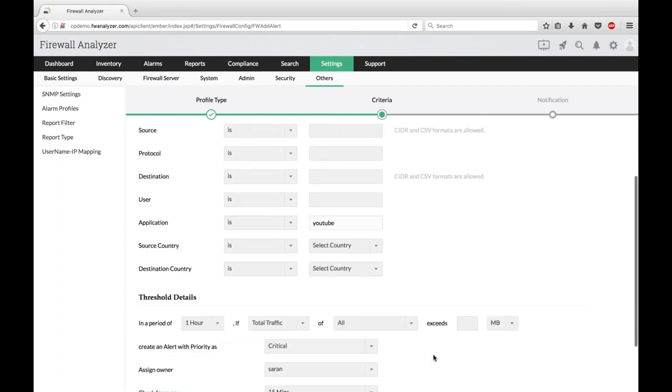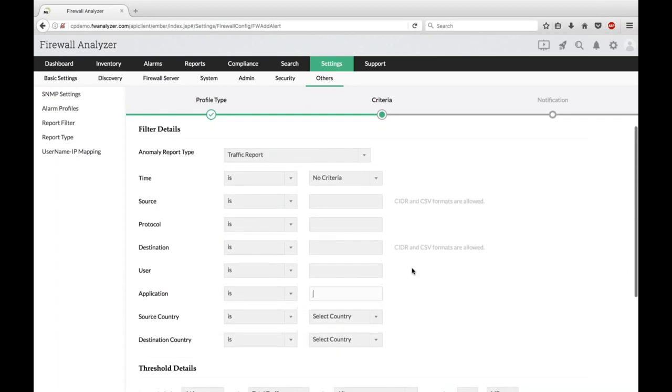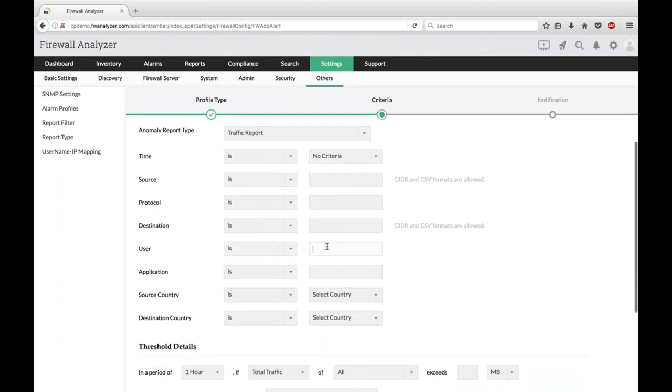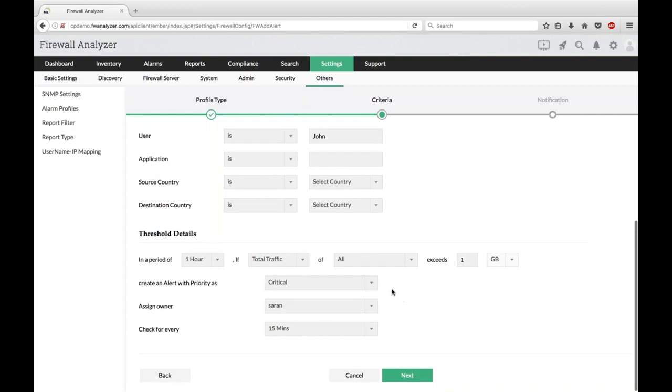But right now, we just want to identify whether John is using more than 1 GB in just 1 hour. So in a period of 1 hour, user is John. In a period of 1 hour, he exceeds 1 GB. So you can again set the priority, either critical or trouble, let's say trouble, and assign an owner for this alert